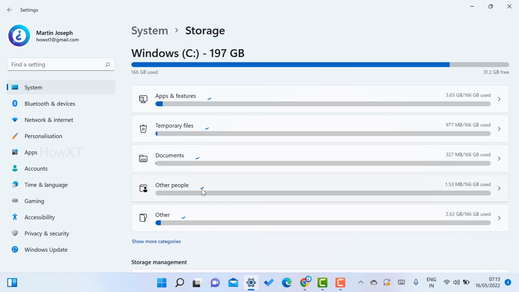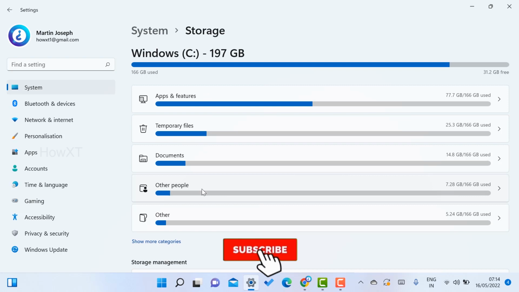The C drive contains the operating system, and the apps you install, everything will be saved in the C drive. So we need to take care of the C drive in a positive way. We have to clean the C drive, otherwise your system may get very slow. You cannot use the system and applications at fast speed. So what you have to do, just go to Storage and you will find the Windows C drive, around